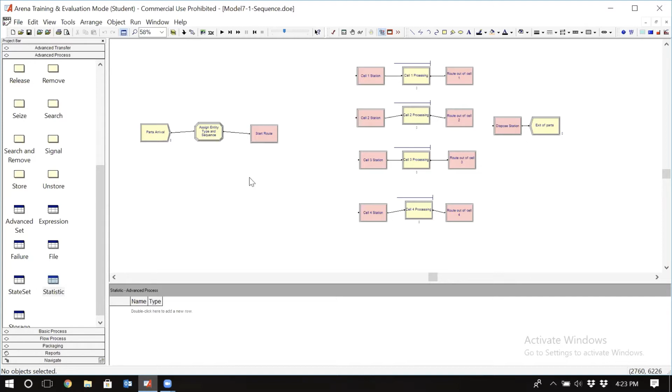As I said, manufacturing setups are good examples of non-terminating systems. For example, in this manufacturing setting, parts arrive, and then we realize they are either part type 1, 2, or 3. They then go through manufacturing cells 1, 2, 3, 4 in some order, and when they are done, they leave the system. So this is a good example of a manufacturing setting. If I tell you that this setting works for 10 hours each day, and I want you to simulate this for 2 days,